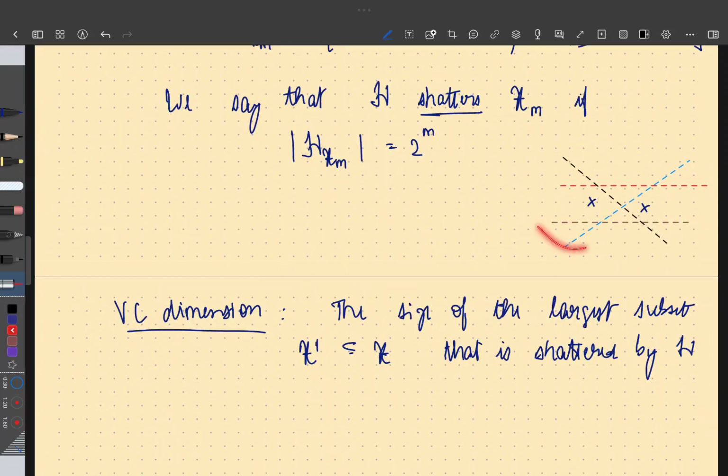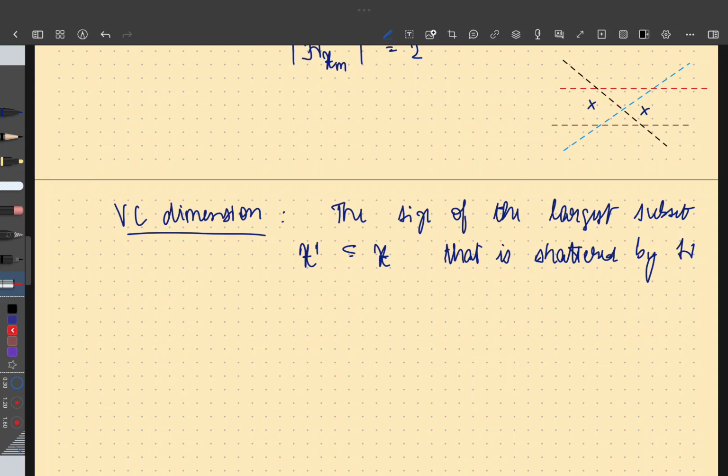So in the previous example, in this linear classifier problem, the domain set is infinite because it is all of R2. Whereas I'm picking, let's say, 2, 3, or 5 points, which could be arbitrarily chosen. For every set of points, I can determine whether H shatters that set or not. Okay,